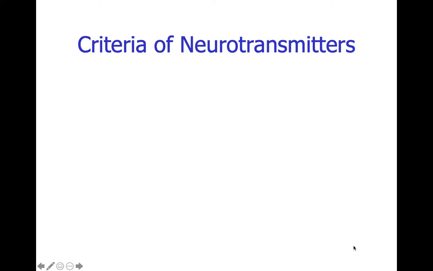But before we can even begin talking about neurotransmitters, we need to figure out what we mean by a neurotransmitter. In order for a chemical, any chemical, to be considered a neurotransmitter, it has to meet these three criteria. It has to check all three of those boxes. We're going to talk about these boxes in a second. You can't just say, well, that's 2 out of 3, it hit 1. No, in order for a chemical to be considered a neurotransmitter in your body, it has to meet all 3 of these criteria.